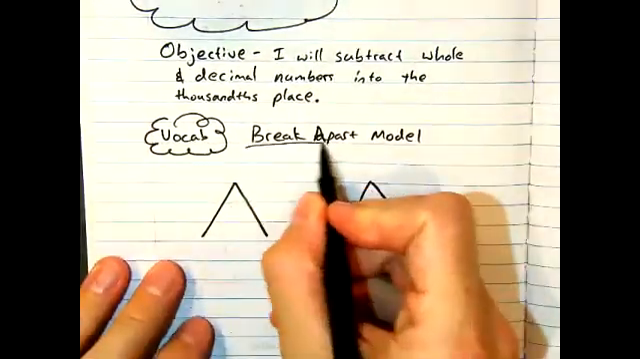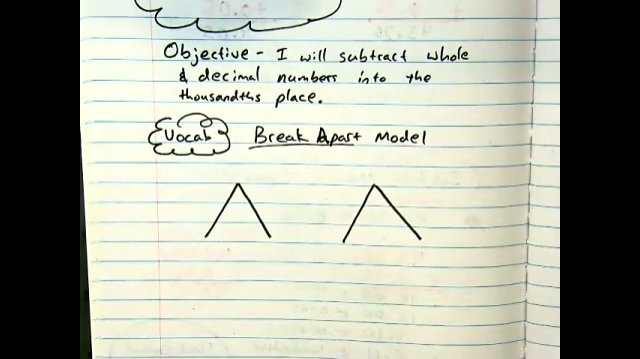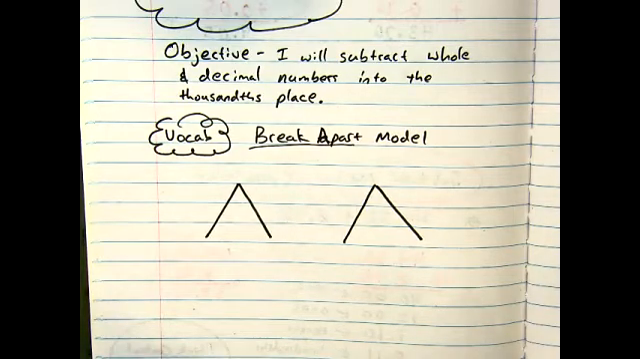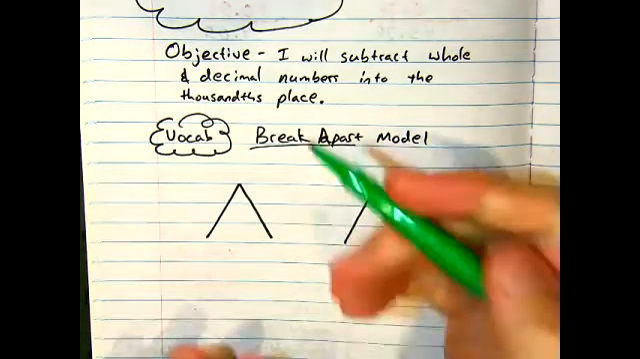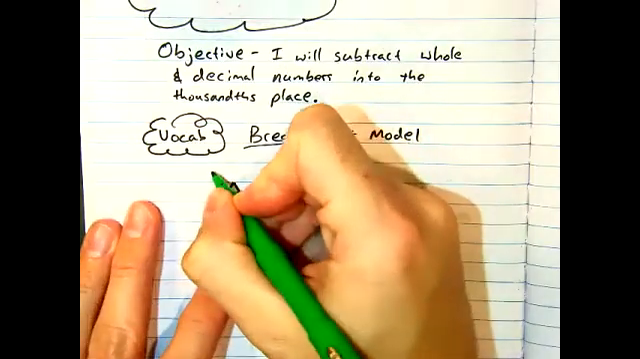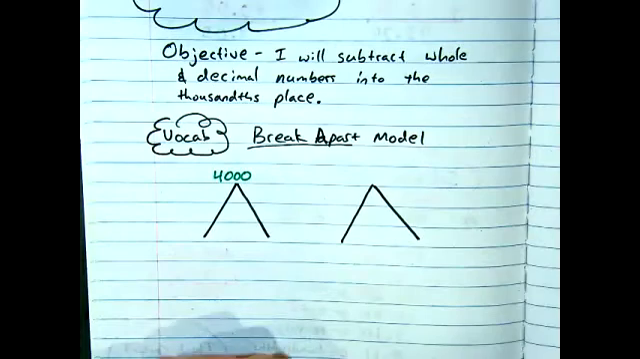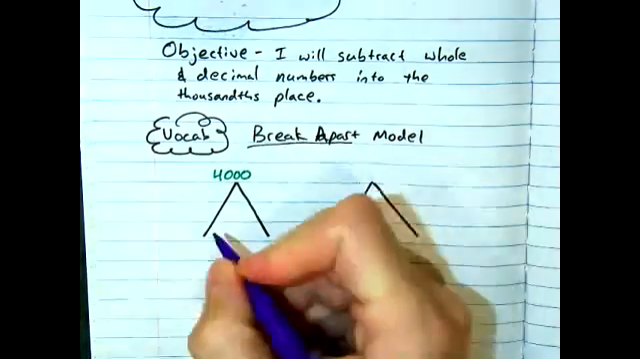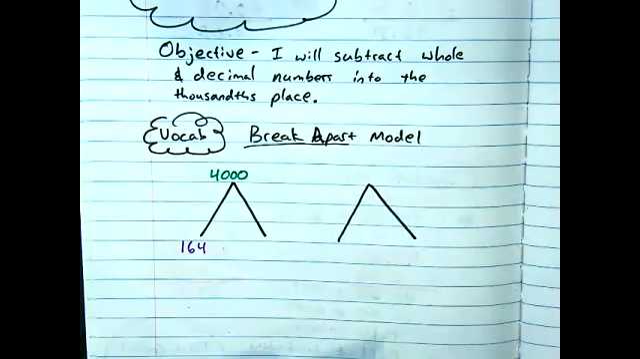Let's talk about the break apart model. Now, this is a model that I'm sure you've seen before. We just wanna use this to build our understanding of addition and subtraction. Grab a couple of extra pens for this. So if, for instance, the top of my first mountain is 4,000, and one of the bottoms is 164,